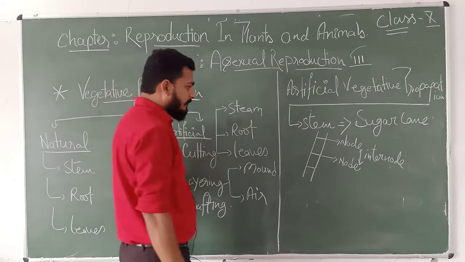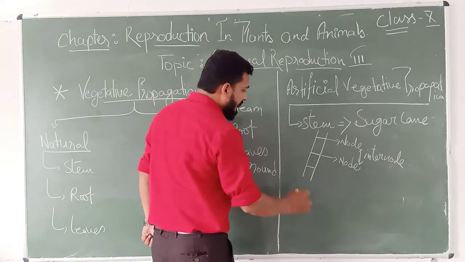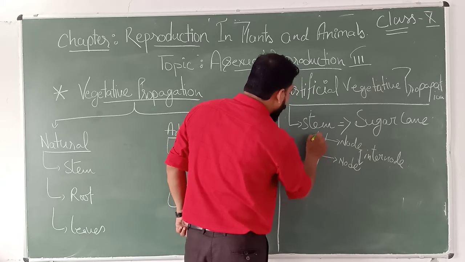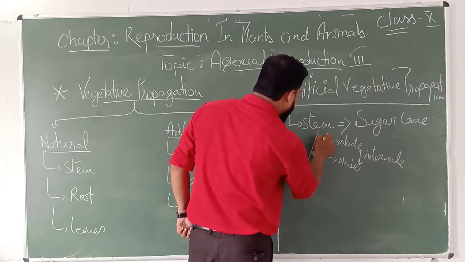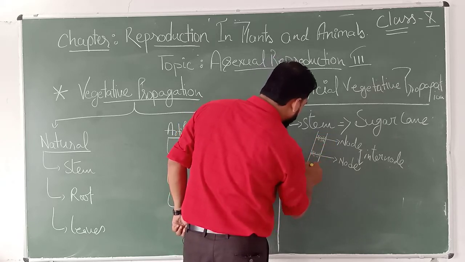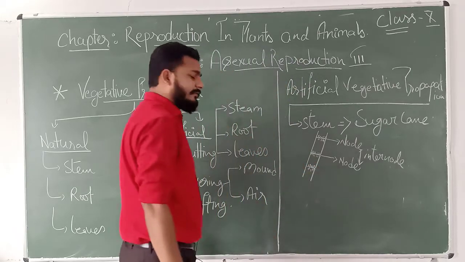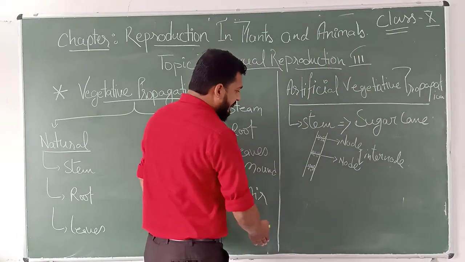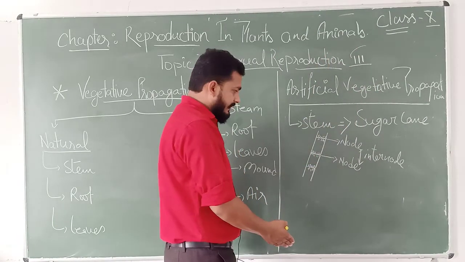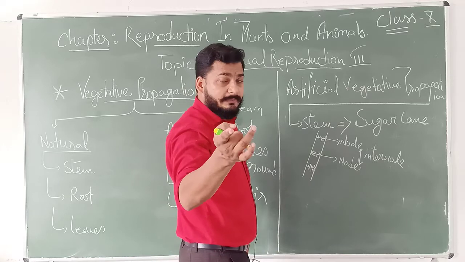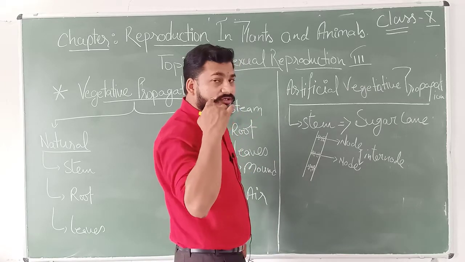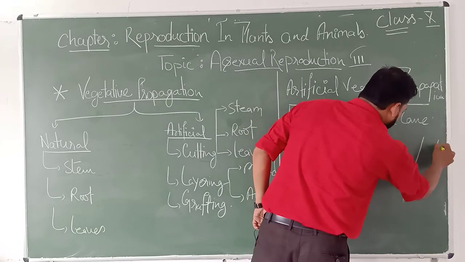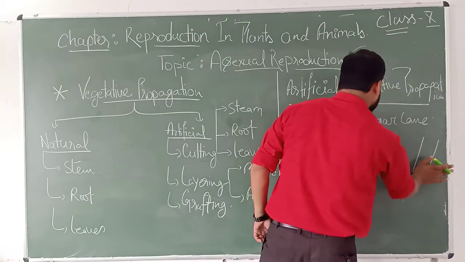Each node, when you see a mature sugarcane plant, you find a small root-like development over the nodes. Roots always develop over the nodes. So what a farmer does is to slice the sugarcane into many pieces, and each piece which we are going to sow should contain the node part. So this would look something like this.